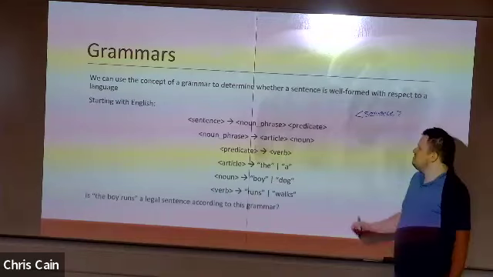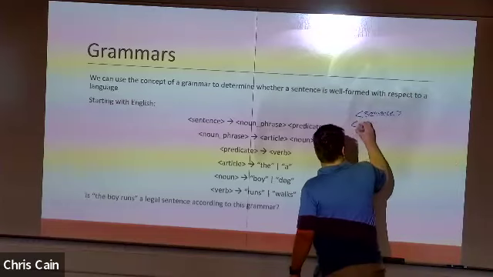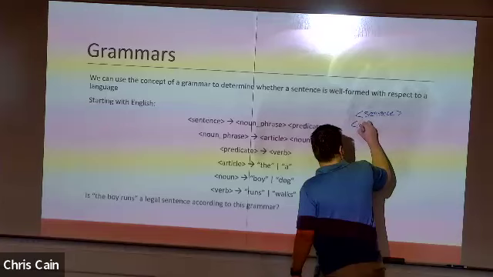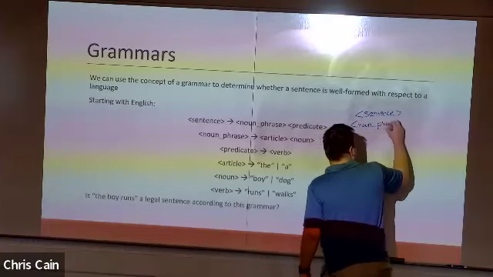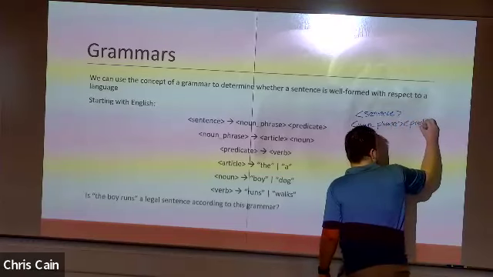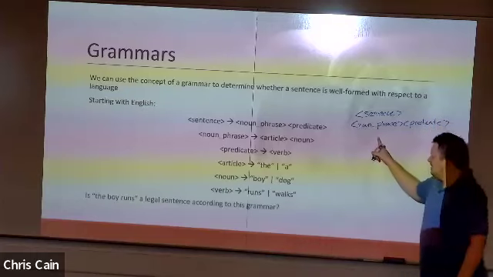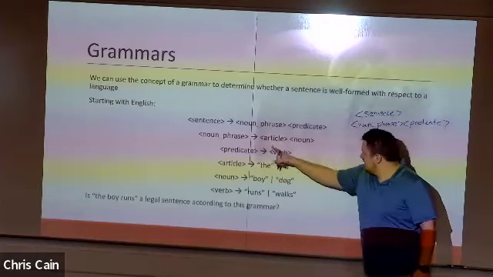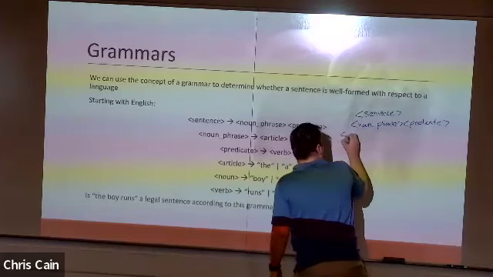So a sentence must be defined by noun phrase, predicate. So we will now replace noun phrase with article noun. So we will have